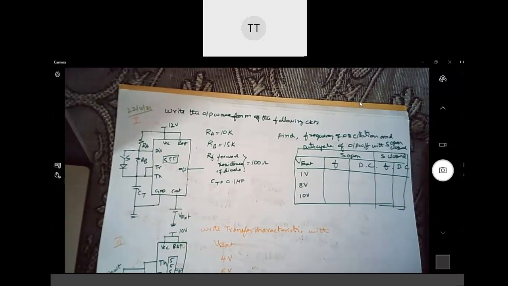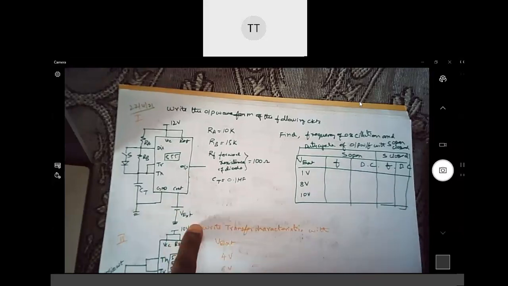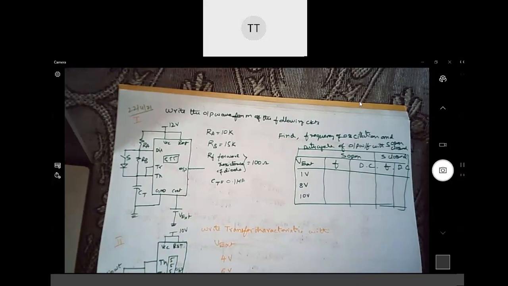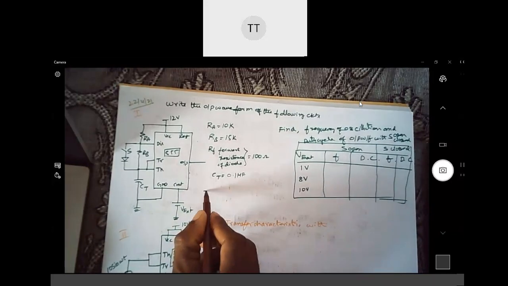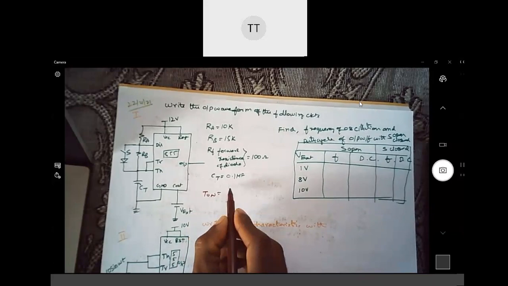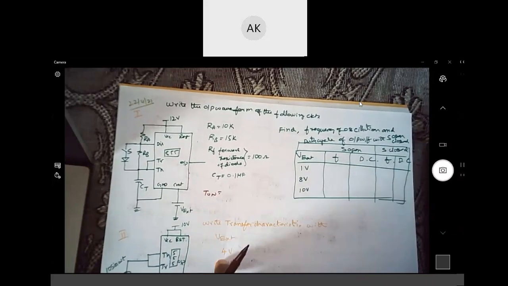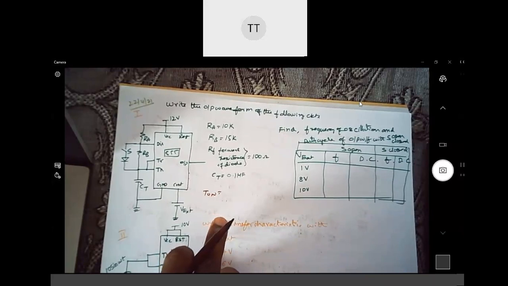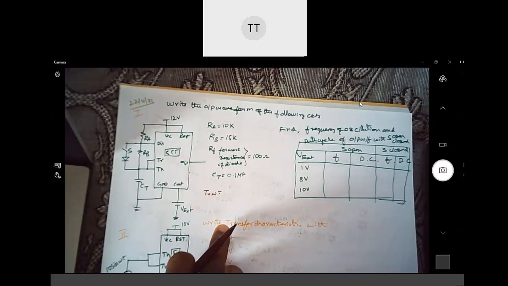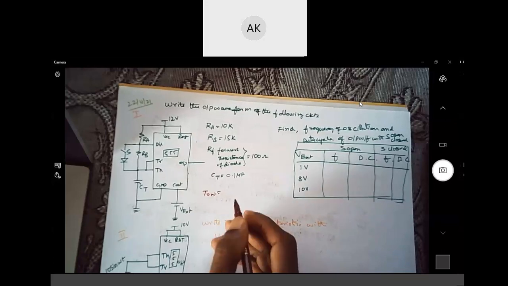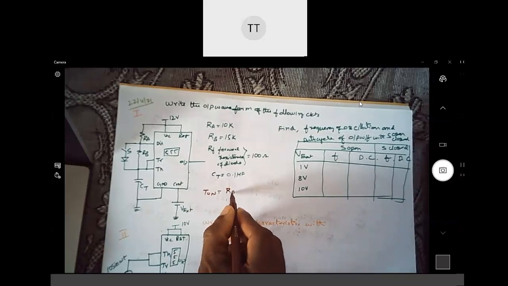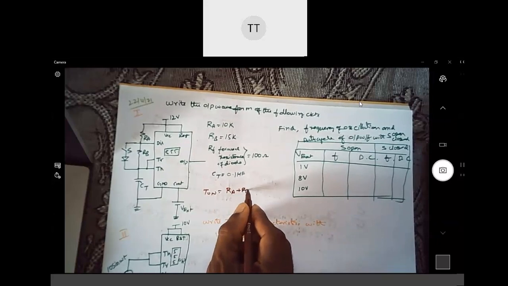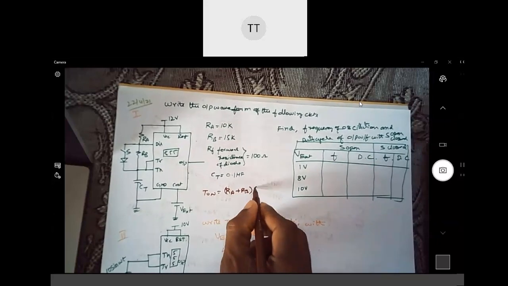One of you can unmute yourself. Okay, Ayush, you can be with me. Of course, since we have a V external voltage, we need to use the appropriate expression. Can somebody spell out the expression for T on over here? The first question. Is my camera content visible? Yes, sir. The expression for T on is equal to (RA plus RB) into CT